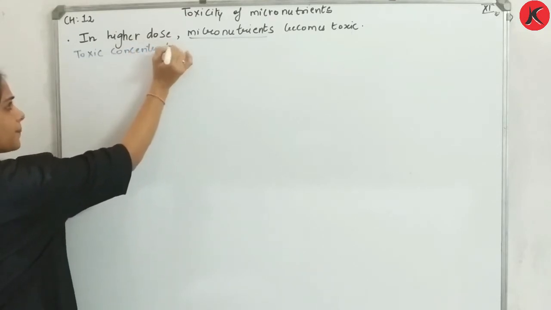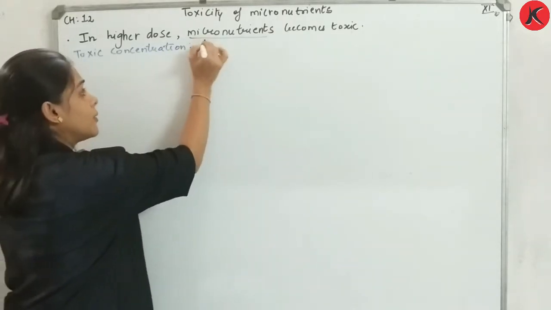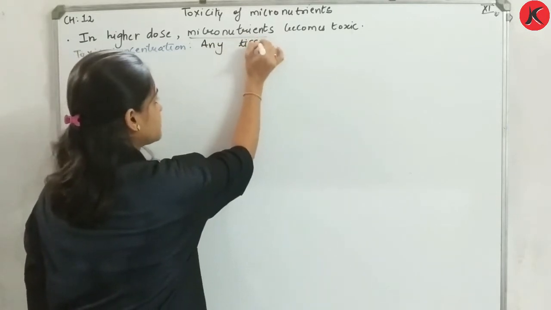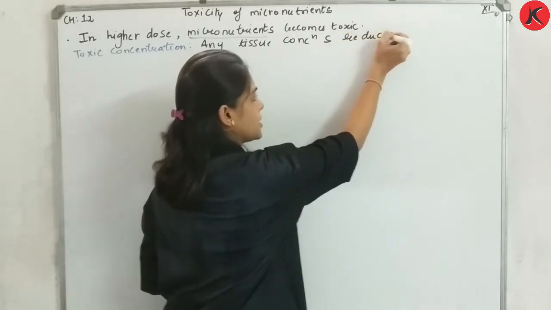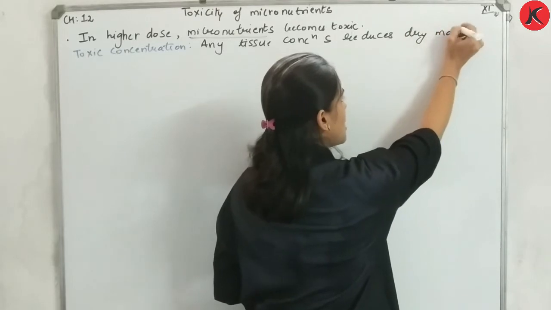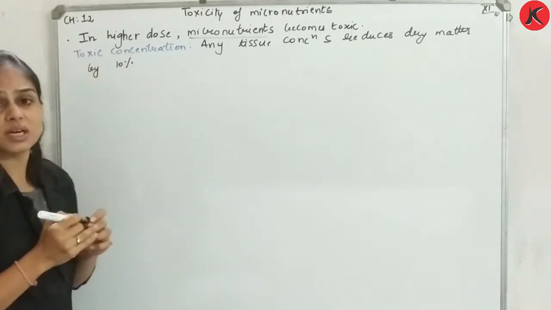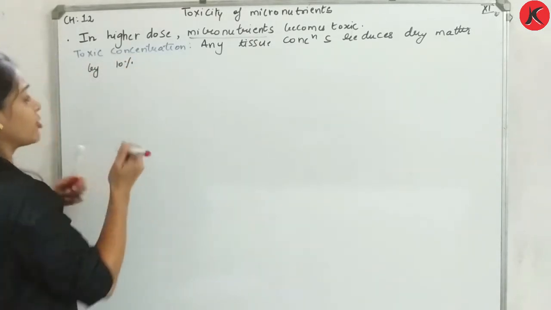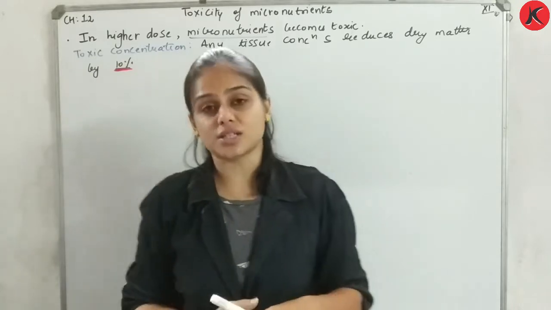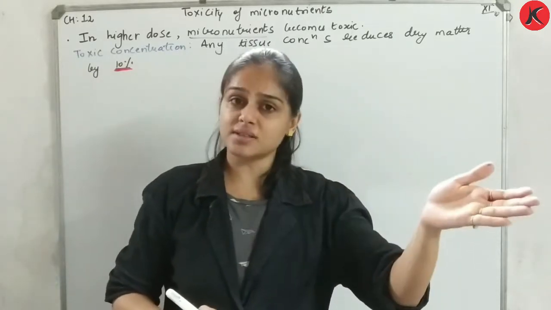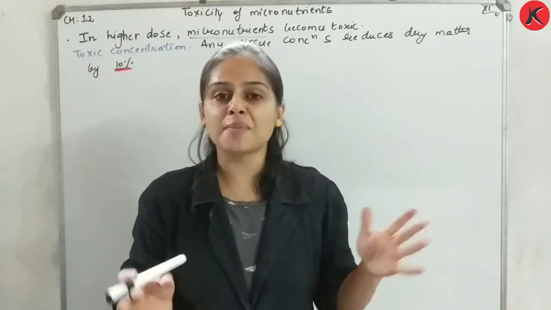So everyone write over here toxic concentration. Okay. So what I said, any tissue concentration which reduces dry matter by 10%, underline by 10%. Okay, dry weight of tissue by 10% is what I mean by toxic concentration. ठीक है, माइक्रोन्यूट्रिएंट का कंसेंट्रेशन जो टिश्यू की ड्राई वेट को 10% रिड्यूस करे, दैट इज व्हाट आई मीन बाय